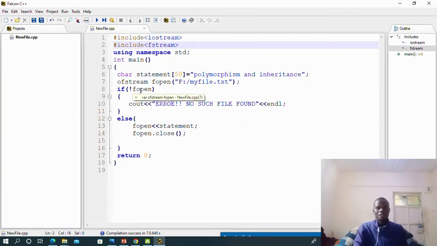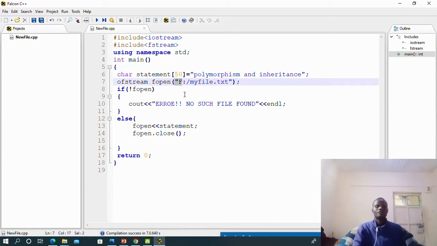So we are using the ofstream class with an object called fopen to open a file called my file, which we are expecting that it is inside a disk called F. Even my computer doesn't have that disk. My disk is disk D. Okay, then